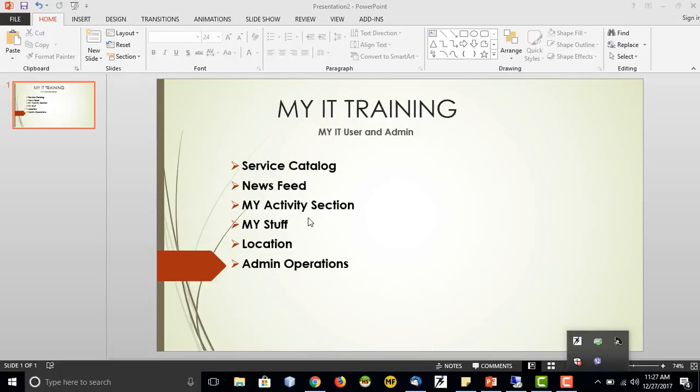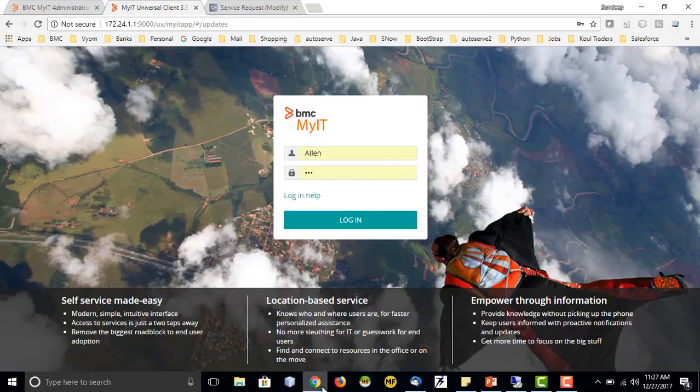So then what is the use of MyIT? This is what we will see. MyIT created an interface on top of SRM with a new UI, and it is based on our current Service Request Management catalog. So whatever catalogs we have created in Remedy, they will be visible in MyIT. So MyIT just provides an interface. It doesn't create anything new in the Remedy system. So let's go on to the MyIT section.